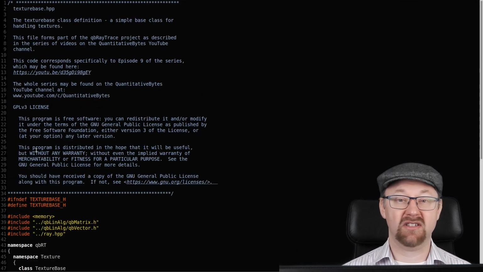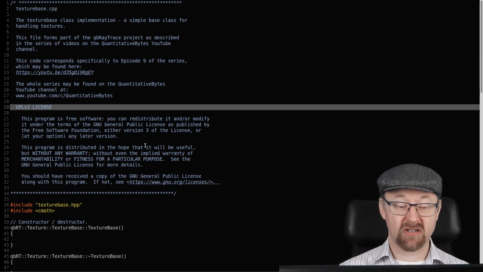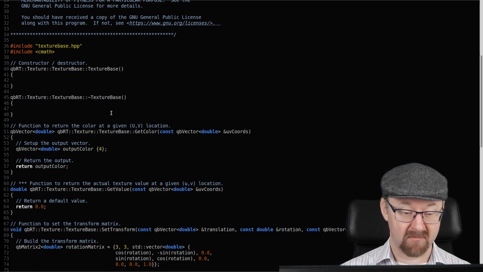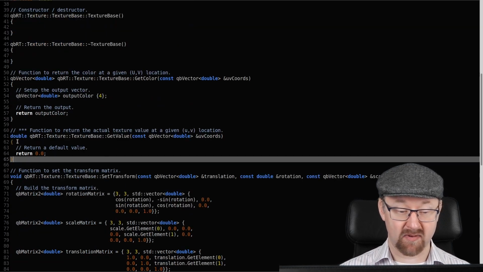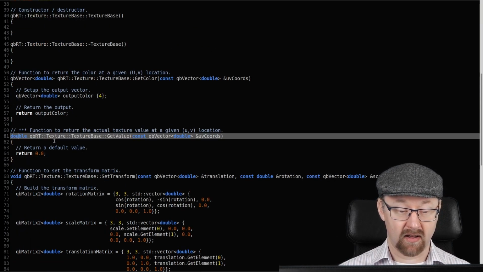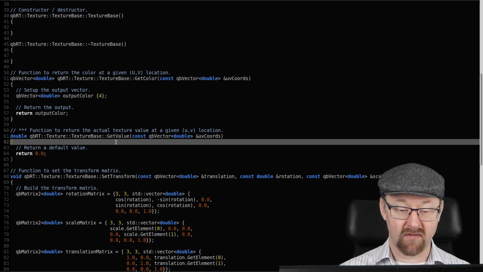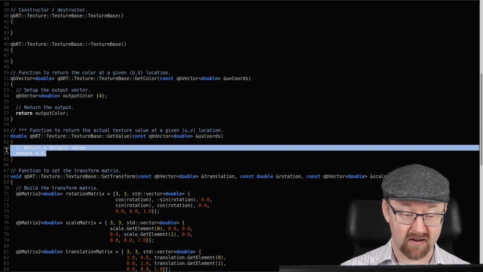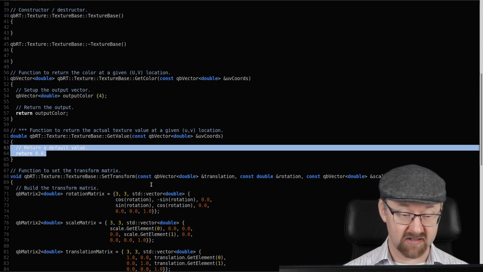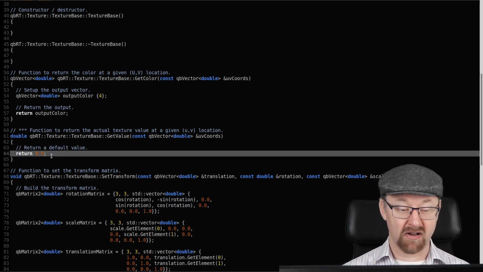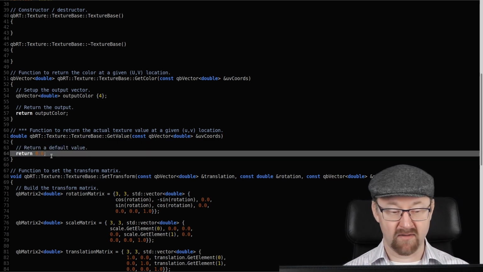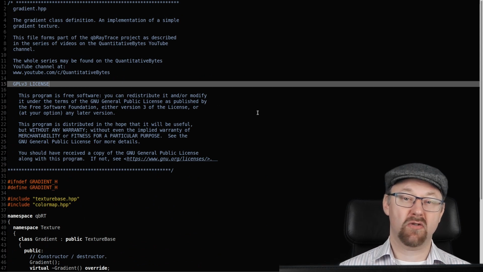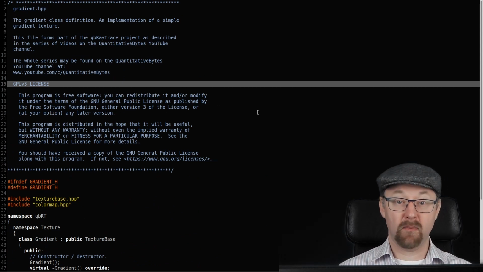Okay, let's have a look at texturebase.cpp. Nothing much has changed except we now have the declaration here of getValue, which is exactly what you'd expect. This is the base class, so it doesn't do anything. It simply returns a default value of 0. Really very straightforward. Okay, so I just want to show a quick example of how we implement the getValue